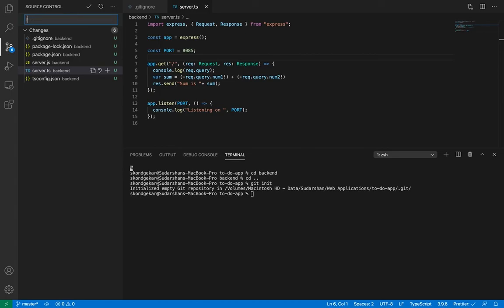I can say initial commit. This is the first project setup. Whatever I have done, I have to type it over here as a comment, initial commit. Then I click on this icon to commit the changes.